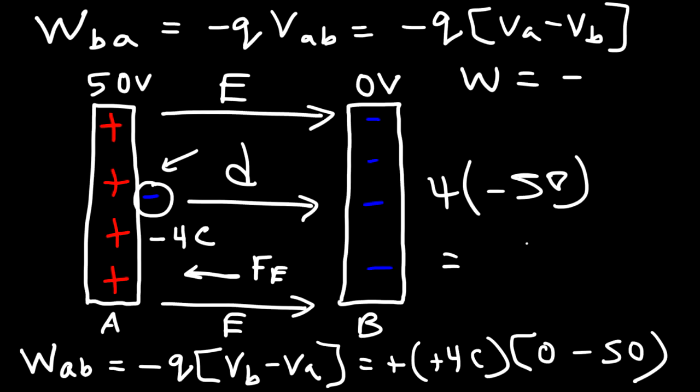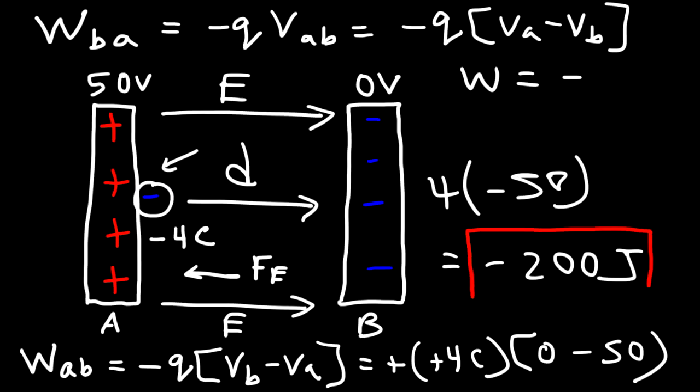So overall, this is going to be negative. So it's negative 200 joules of work being done on this negative charge. And so just as we predicted, the work was going to be negative when the negative charge moves from position A to B. So hopefully this section gave you a good understanding of the concept of electric potential energy and